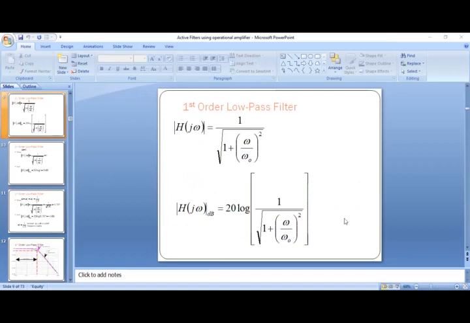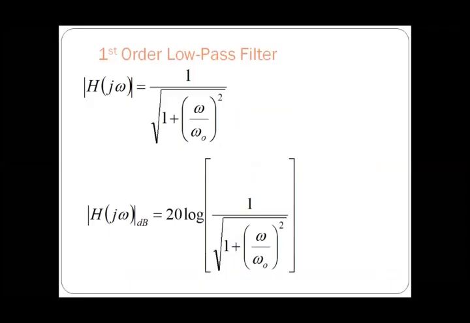So in the first order, the transfer function obtained is 1 by root of 1 plus omega by omega naught, where this omega is the frequency of the input signal which we are given,